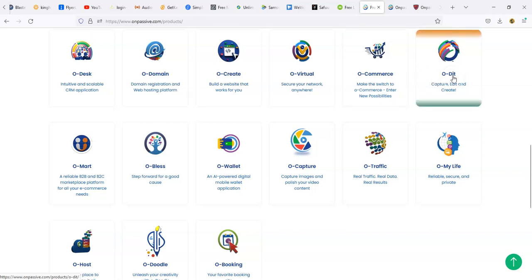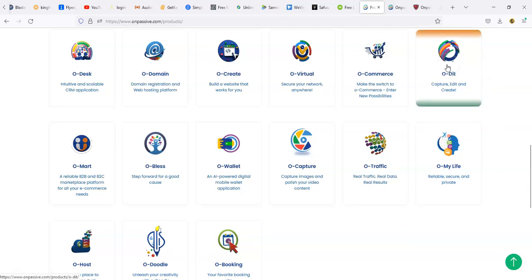Now Odit says it's capture, edit, and create. So it kind of sounds like one of these tools, like the snipping tool on Windows, where you can take a screenshot on your computer, and you can edit and create. Now, one of the things I don't know is whether these are going to be on mobile phones. Can you use it on your mobile device? That's one of the questions I don't know. I guess that's something I can ask in the next webinar that we have, the next time we meet and I'm on a live stream. I'll ask for these tools to be on a mobile device, because that would be absolutely awesome as well.